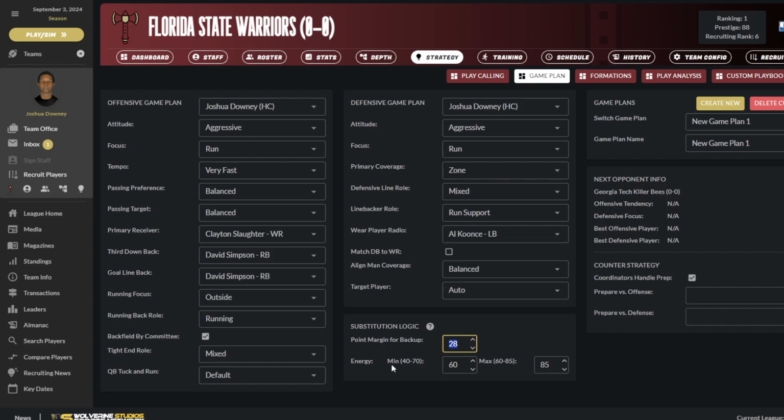So the substitution logic is that the energy, which ties closely to endurance, will fall as they play. It'll rise as they rest when they're not on the field. And so the way this works is once they fall below your minimum set, it'll sub them out, and it won't sub them back in until they've recuperated to this max number. So that prevents the issue of taking somebody out when they're at 61 and then putting them right back in, or like when they fall to 60, taking them out, and then when they get to 61, you put them right back in. Then it kind of ping pongs back and forth,